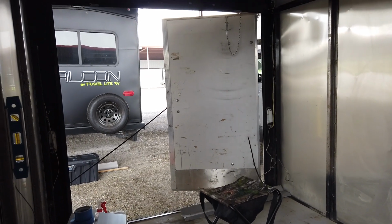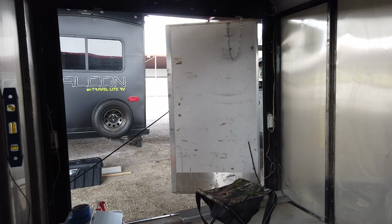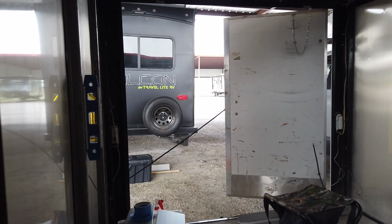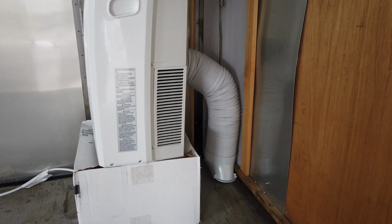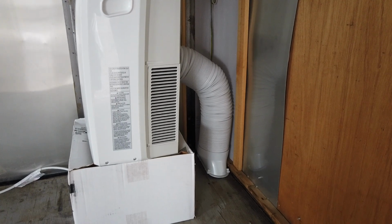Our initial setup was just venting it out the back trailer doors, front trailer door closed. Using cardboard and tape, we just covered up most of where the air was coming in the back, and that was just to see if this thing even cooled off the trailer at all, and it did. I got a sense of how much heat was generated off of that vent tube. There is a good bit of heat there, so we definitely want to care for that in the permanent solution as well. So that wraps up air conditioning test number 1